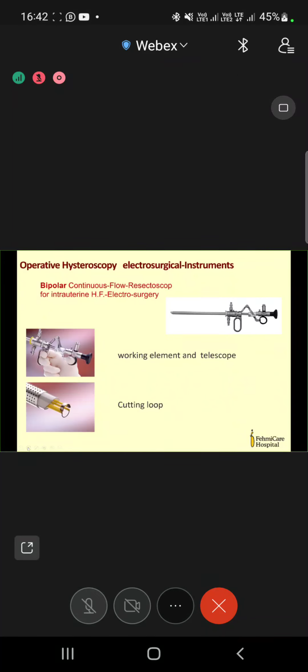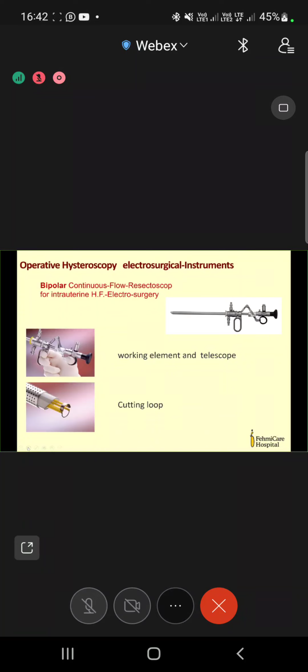We have various working elements and cutting loops. The cutting depends on the diameter of the element, the thickness of the wire, and the current intensity that you are passing. As the energy source itself is a class, we will discuss it in some other class, but briefly,